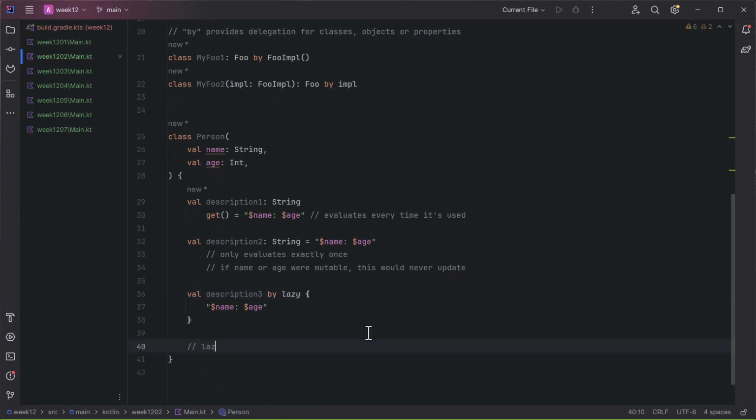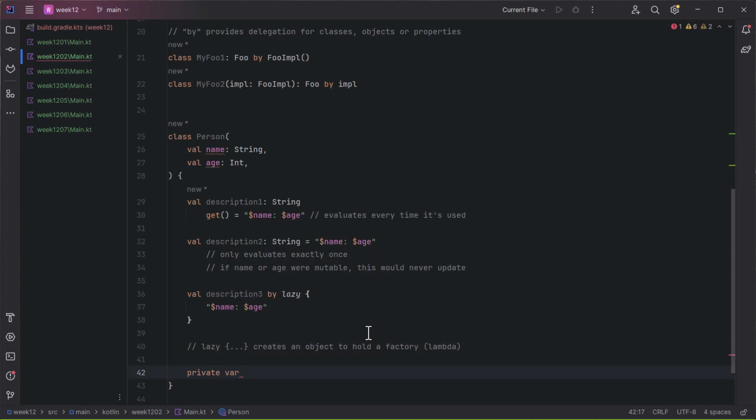what we have, lazy, creates an object to hold a factory. The factory is a lambda that you use for the lazy, and all it does is hold on to that factory to start with. When you ask to get the value, then it says, have I executed the factory before? If not, create it. Otherwise, just return it. So conceptually, it's kind of similar if I did something kind of like this. If I said private var,